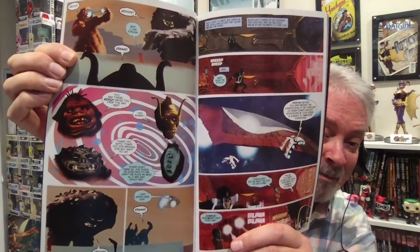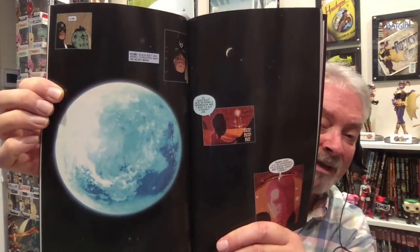There's a very interesting cast of characters, including Blinky, this multi-eyed little girl from another planet that's been captured there. And in the second book, he brings her to Earth and kind of adopts her. And he has to deal with his son being a little jealous of that. Black Bolt generally does not like to accept help from anybody, but he is pushed to his mental limits and actually does have to accept help from Blinky and his son. And his son and he have a bit of a reconciliation in this book. I don't think I'm spoiling too much when I tell you that. I don't want to spoil anything, but